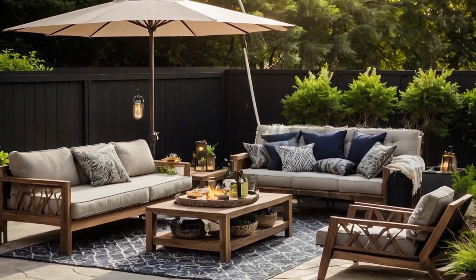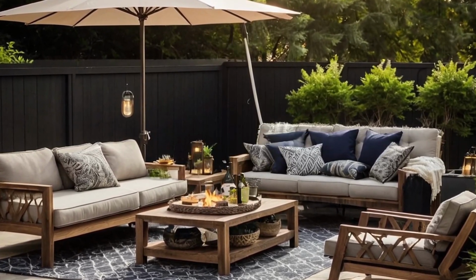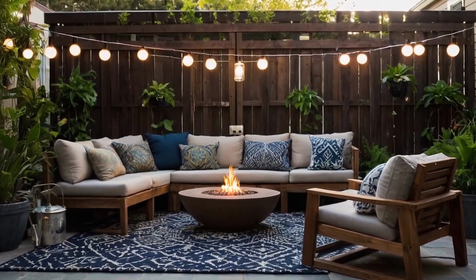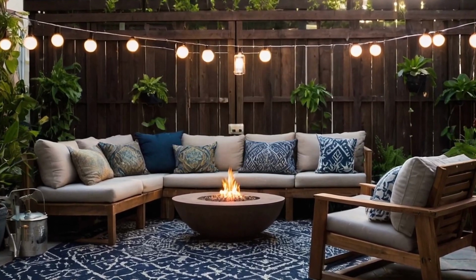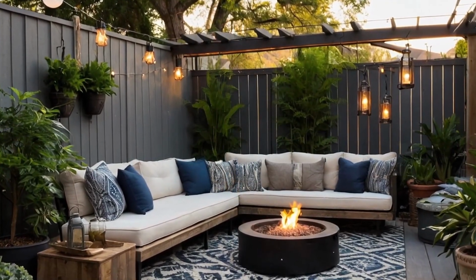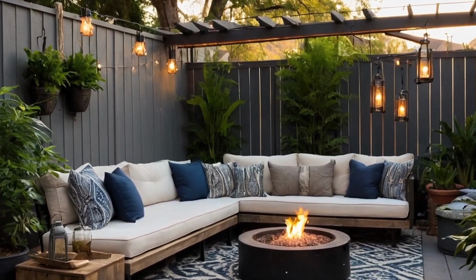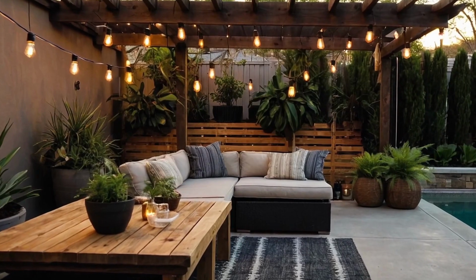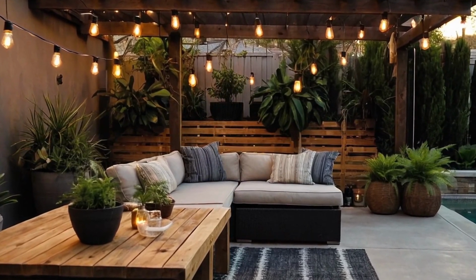Large, decorative planters can act as space dividers, subtly delineating areas for dining, lounging, or entertaining. They can also provide privacy when placed strategically along the edges of the patio or between seating zones. Elevated planters or vertical garden walls are excellent for saving space while introducing greenery, doubling as functional storage for herbs and vegetables. The concept of multifunctionality extends beyond individual elements to the overall layout of the